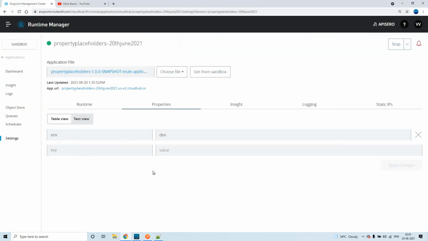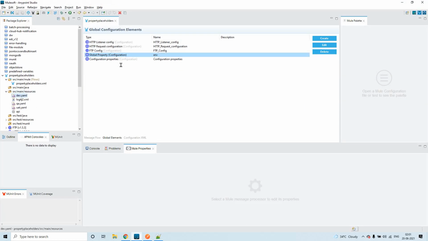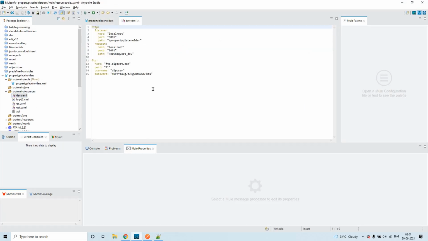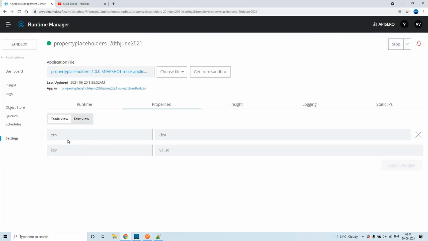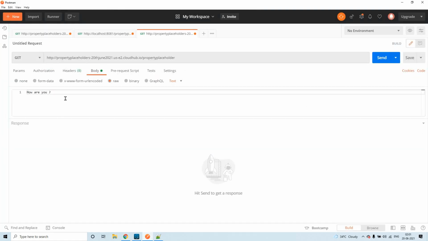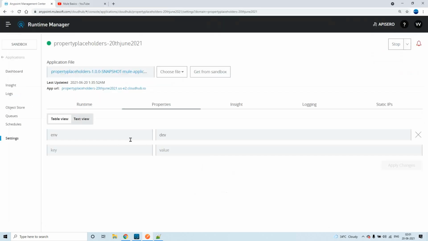Okay, now let us try to send the request and we'll see how we can update these values, the values which we have mentioned in the YAML files. How can we change these? Okay, all these things we'll see. So remember that I have removed this here, but in the deployed application it is having the parent.child property. Okay, remember that please. Yeah, now let me send the request, how are you, to this application which is already deployed.